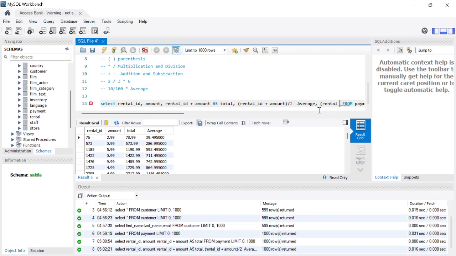By saying renter underscore ID plus amount, close brackets, divided by 2. Are you getting me? I can come to the beginning. If you want to make it very easy, 10% divided by 100 is what? I think that's 0.1. Am I right? Okay, so I'll just say